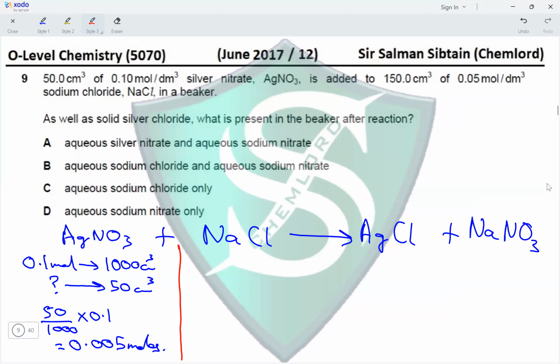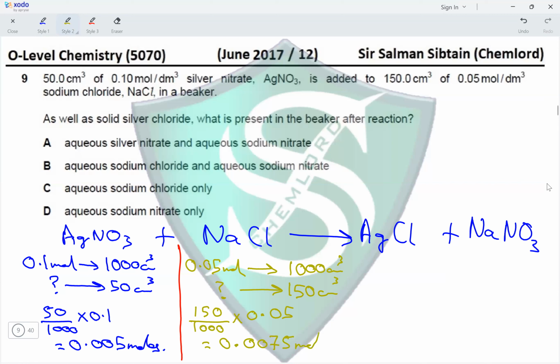Now the calculation for NaCl. We have 0.05 moles of NaCl present in 1000 cm cube of the solution. How many moles would be present in 150 cm cube of the solution? So the calculation would be 150 divided by 1000 multiplied by 0.05, and this would give us a value of